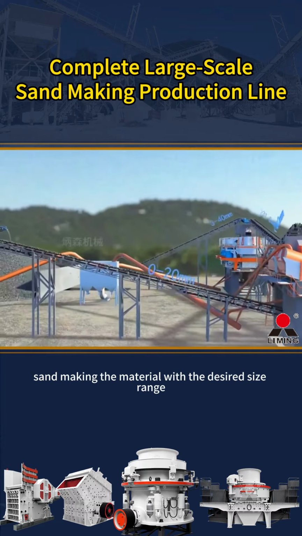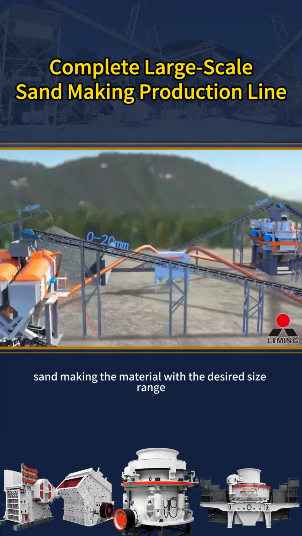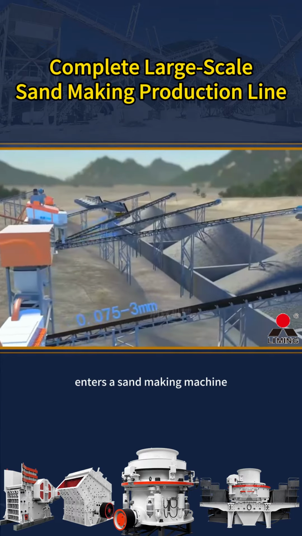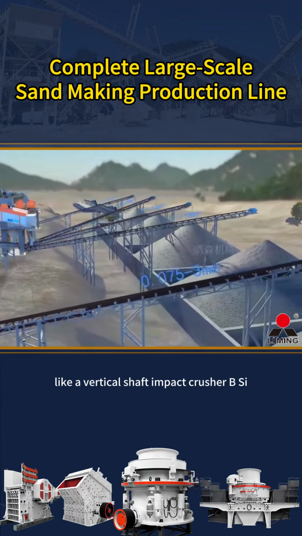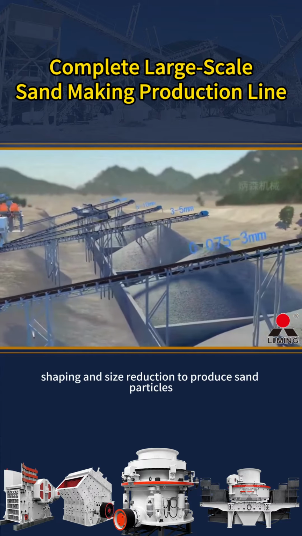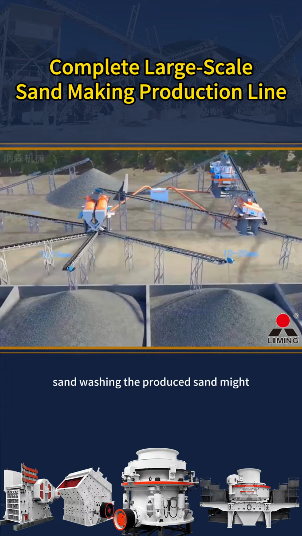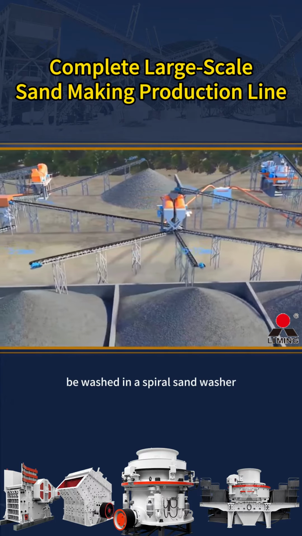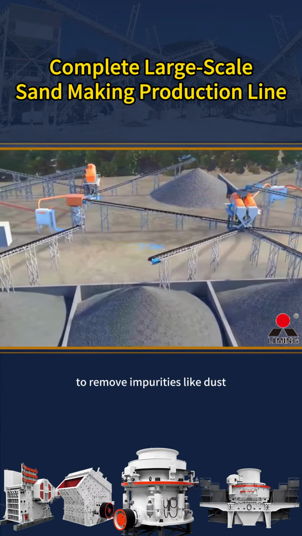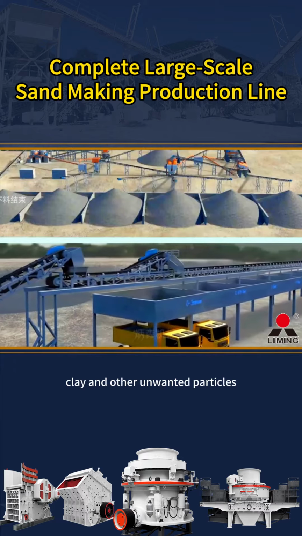Sand making. The material with the desired size range enters a sand-making machine, like a vertical shaft impact crusher, for final shaping and size reduction to produce sand particles. Sand washing. The produced sand might be washed in a spiral sand washer to remove impurities like dust, clay, and